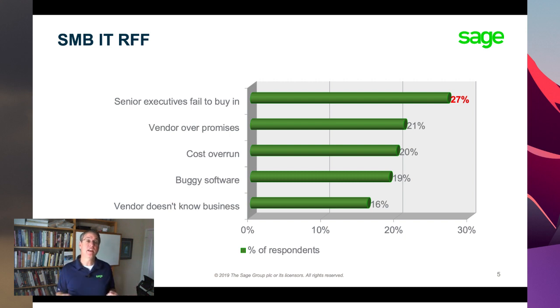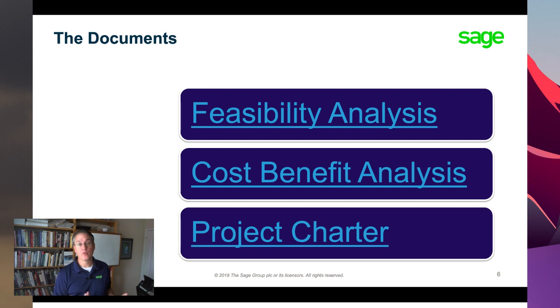So if we've identified clearly here the number one reason for failure, well, maybe we ought to take some precautions against that. And what are the things that we can put in place to make sure that the number one reason for failure doesn't affect our particular project? And the way that we're going to do this is, I think, through proper project initiation. Now, we're going to focus on this document called the Project Charter, and I'm going to go into great detail with you about this document for the remaining time with our conversation.